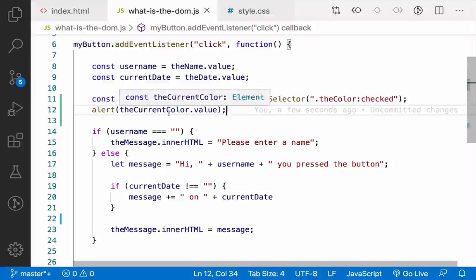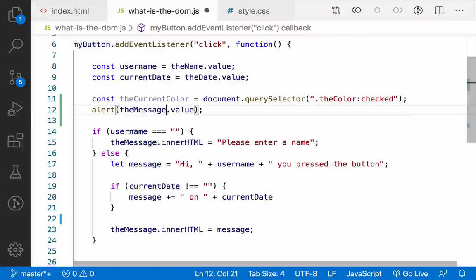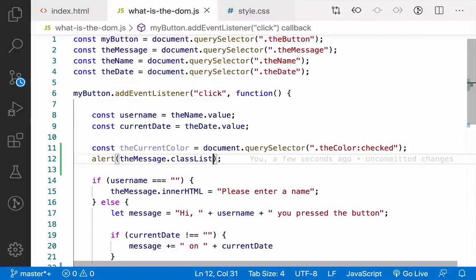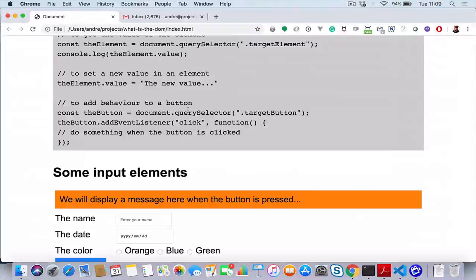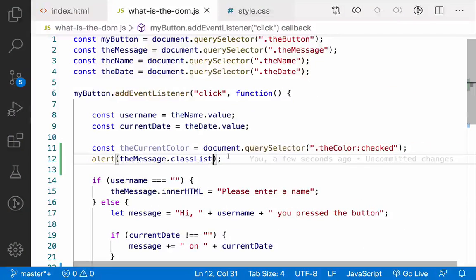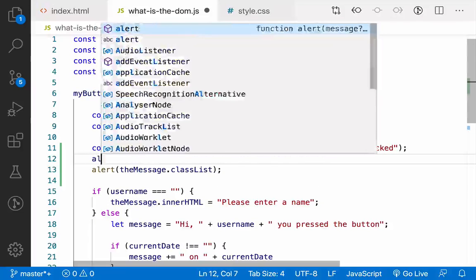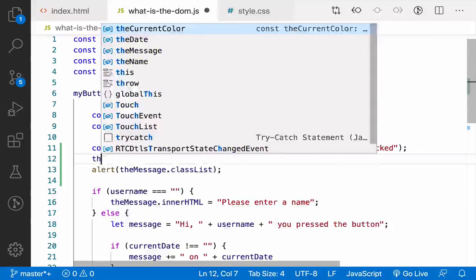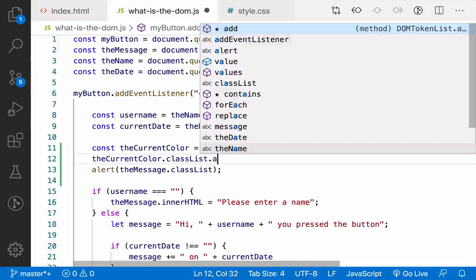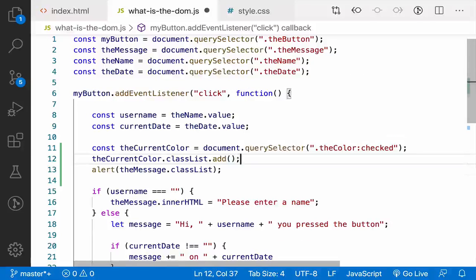So I can do something like this. I can say the message dot classList, and I can see which classes the message element has on the screen. So if I click on the button now, I'll see the message has one entry on there, which is called the message. But not only that, I can also add a new entry into this list. So I can go to classList dot add, and then what we can do is